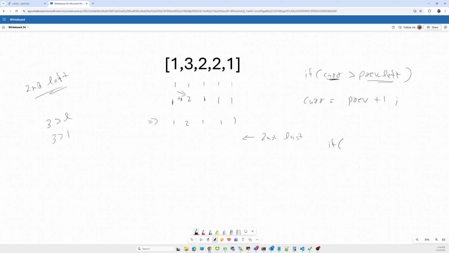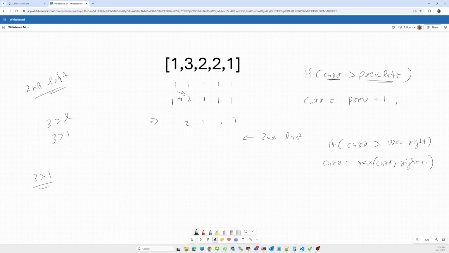Again, if the current rating is greater than the previous right one, then the current element will become the maximum of either the current value or the right plus 1. Here this 2 is greater than its right, yes, so it will update.